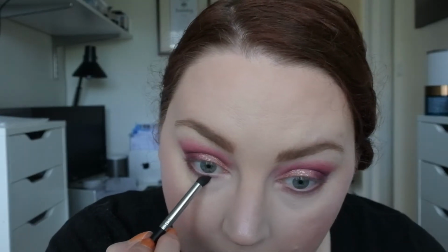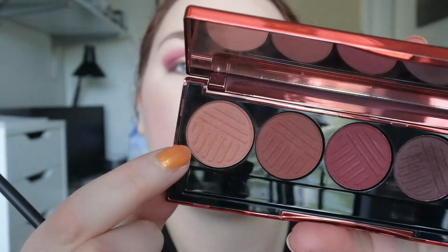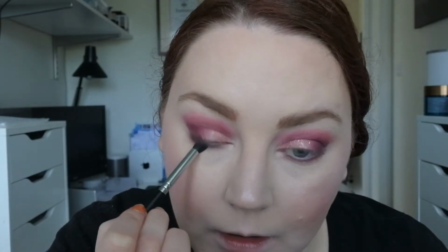And I'm going to start off with that darker shade from the Blushing Berries palette under my eyes. And that did not become what I wanted it to be. I'm then taking the lighter shade called Berry Chic with the same brush and just blend that out. Taking that smaller brush again, the denser one from Morphe,